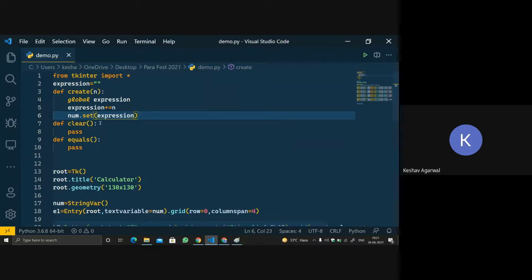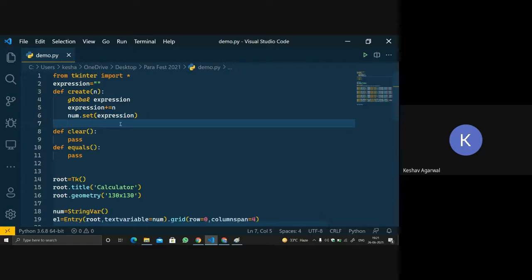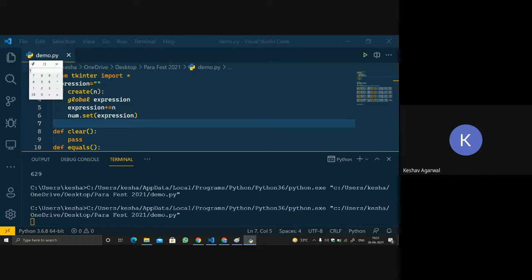So there are two keywords. Like last time we talked about get, right? The get function. Now we are using the set function. So the difference between set and get is that the get function is used to retrieve the value, and the set function is used to set the particular value of the entry. Okay, so let's run the program. 9. See, we're getting 9 over here, right? 6, 9, 6, 5, 4, 2, 1. Similarly, plus another number 9, 6, something like that. Okay, is it clear why we are using the set function? Yes.